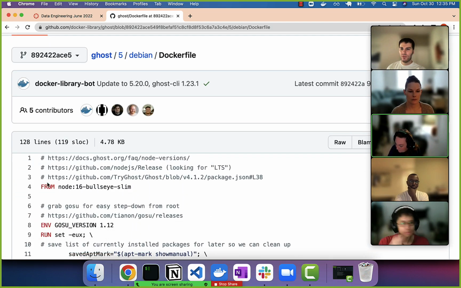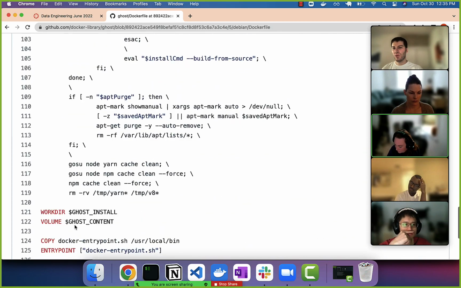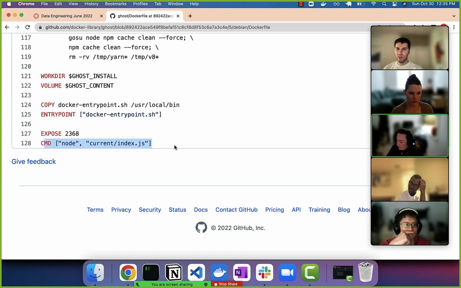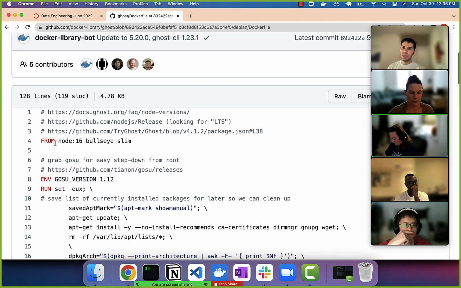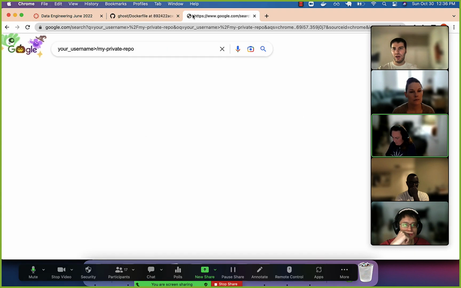Really, every Dockerfile starts with a FROM statement. It has this kind of meat in the middle, and then it ends with a command. So this is the pattern that you'll always see with a Dockerfile. The FROM statement is building on an existing image, essentially inheriting, right? If you've heard that word in object-oriented programming. From an existing image. So this means everything that, if we look up, everything that was performed in